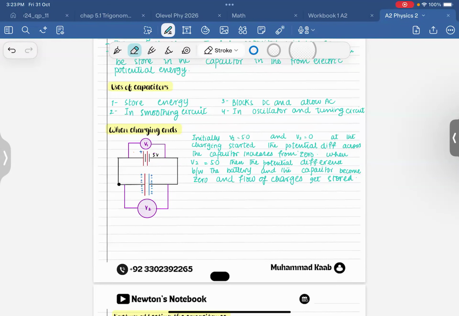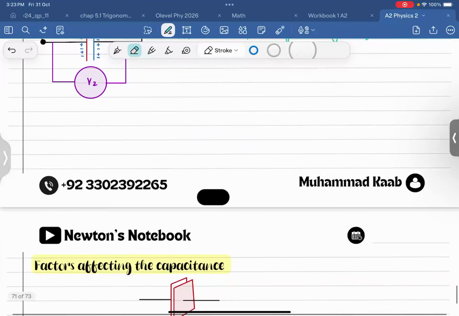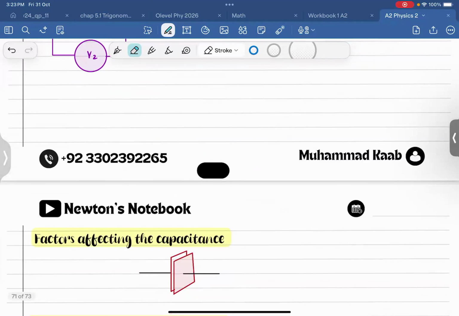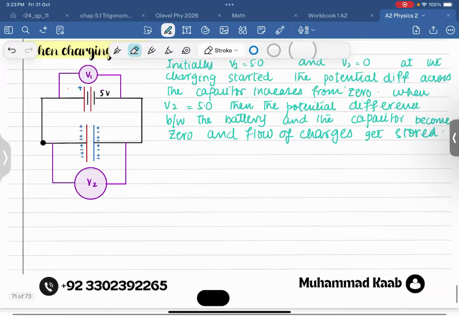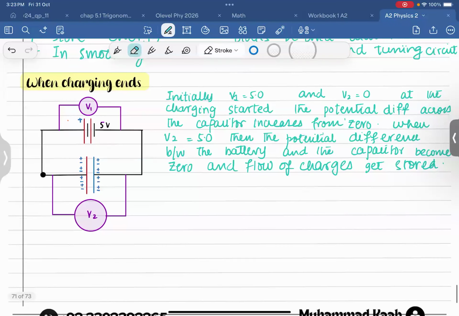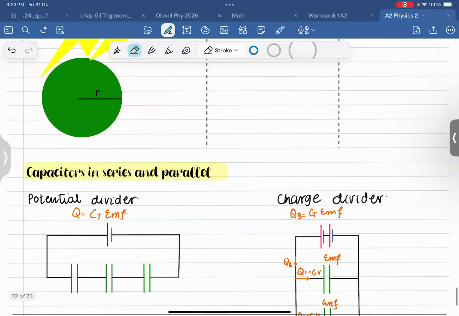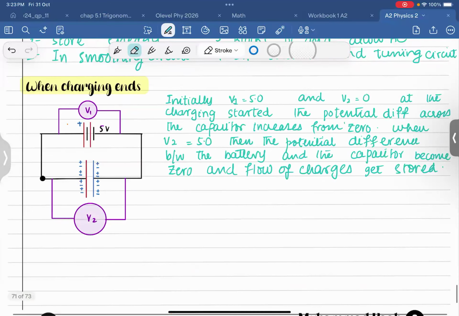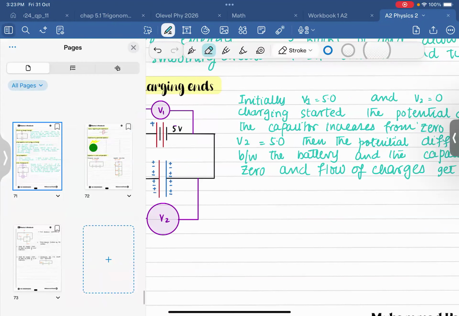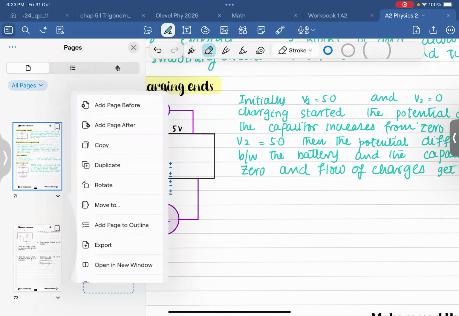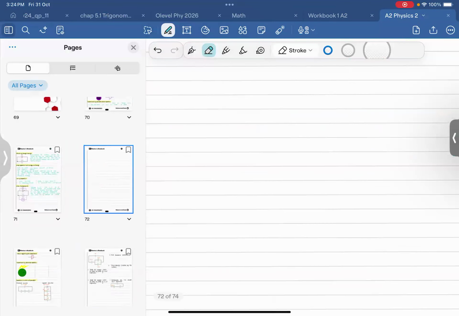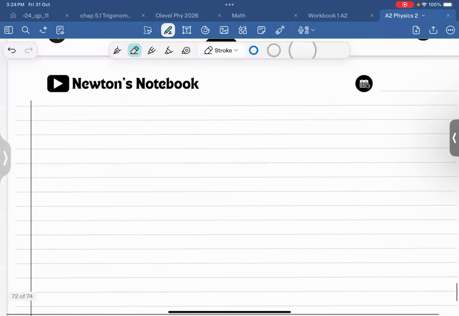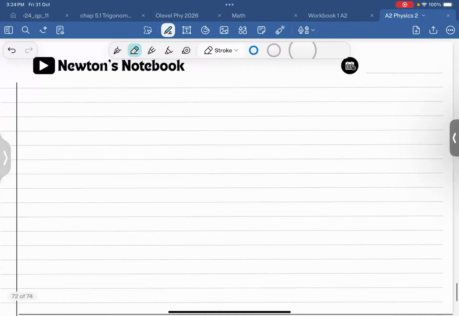So today we are going to be discussing the factors affecting the capacitance of the capacitor, and some other things as well. Since we have discussed the basic concept of the capacitance and the capacitors, right now, if I have a capacitor, how does the capacitance of the capacitor vary